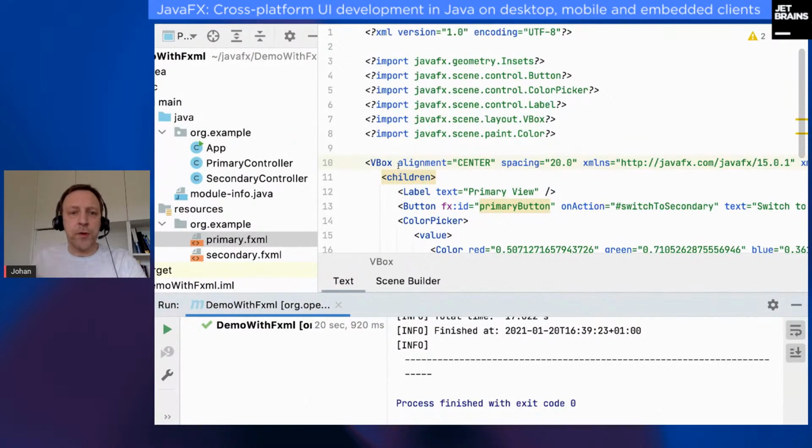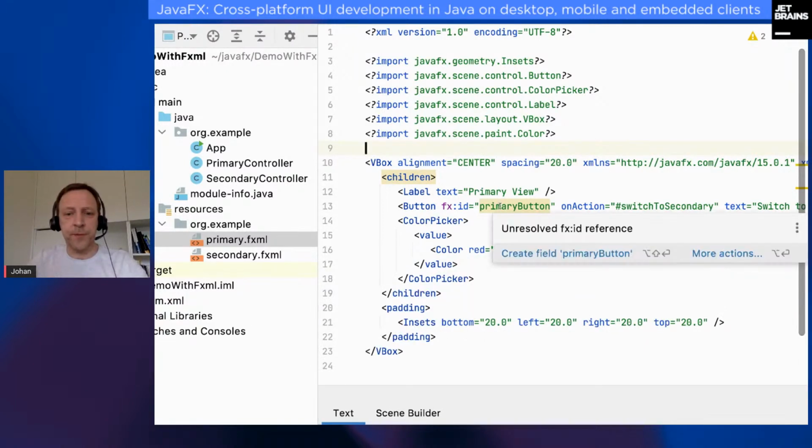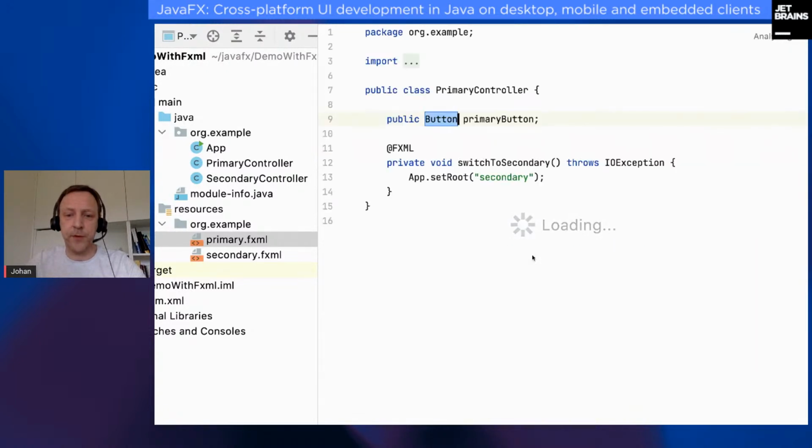I will show just one more thing about this FXML structure, and I'm running out of time, so I will do that quickly. You see that, for example, here primary button is marked, and what IntelliJ suggests is that we can create a field primary button. So if we click on that, a field is created in the controller, which is the Java counterpart of the